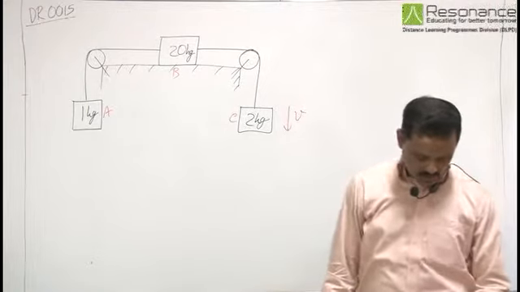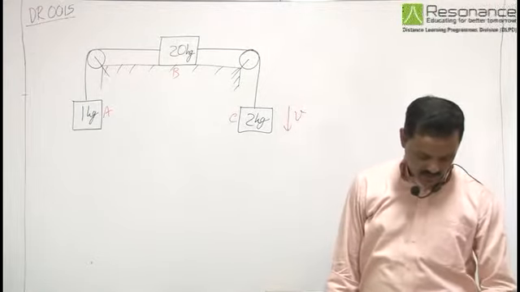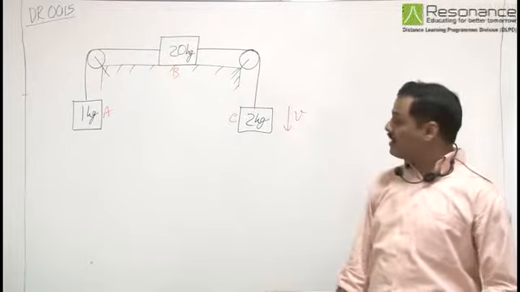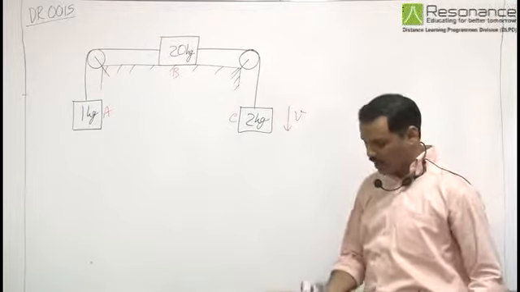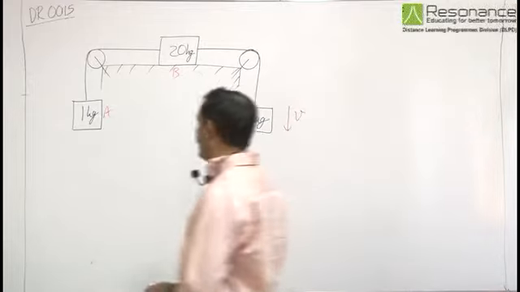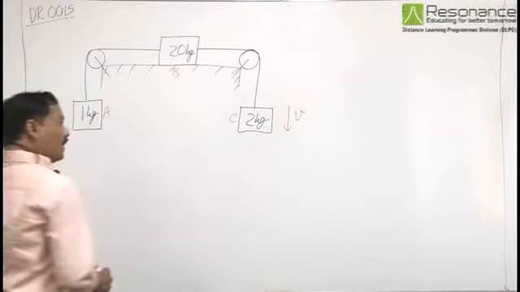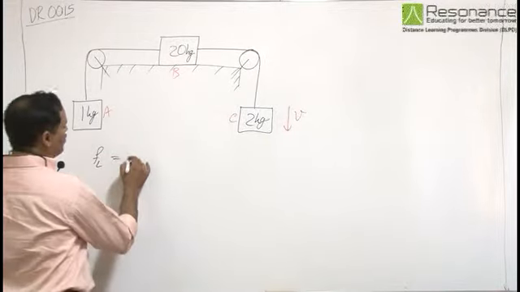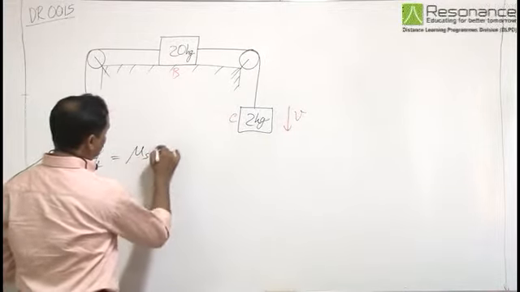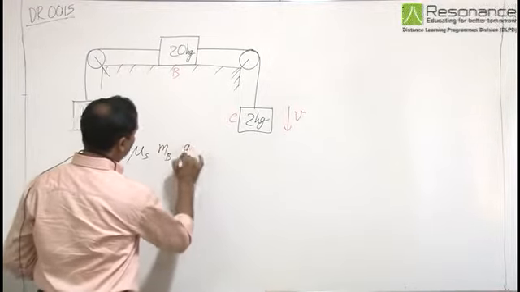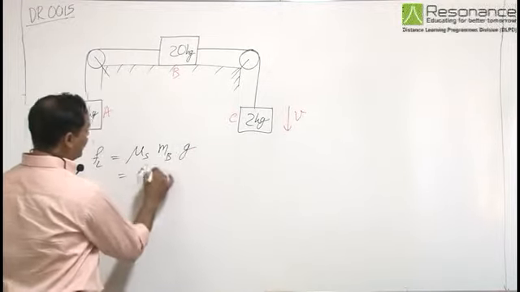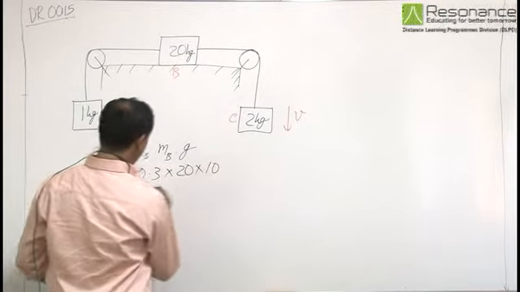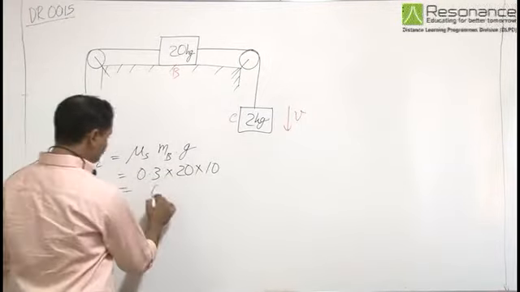The options ask about the acceleration of block C, whether it is upward or downward, whether it comes to rest or not, and whether the acceleration of the block is 0 at all times. So first of all, we need to find the limiting friction and kinetic friction. Limiting friction is equal to mu s into mass of B into g, that is equal to 0.3 into 20 into 10, that is equal to